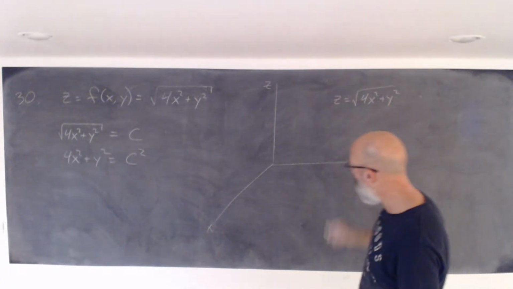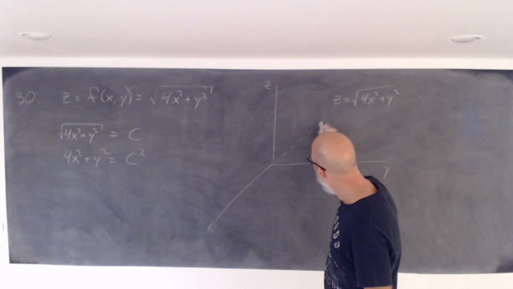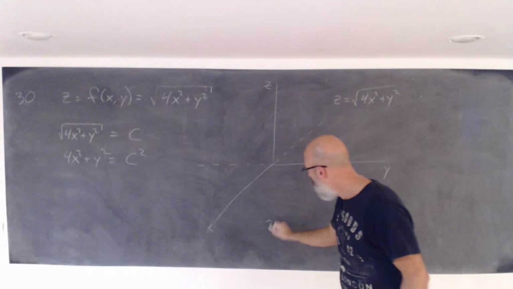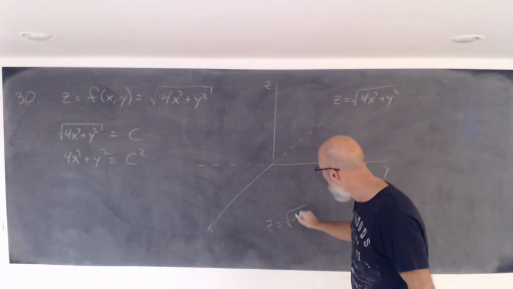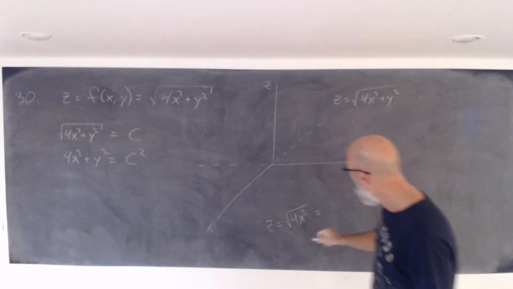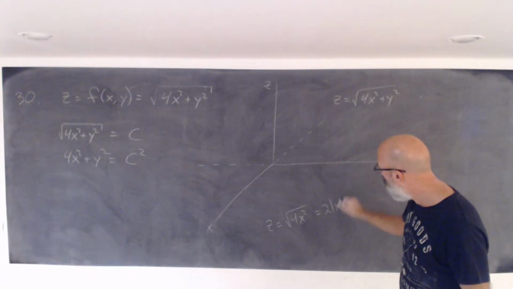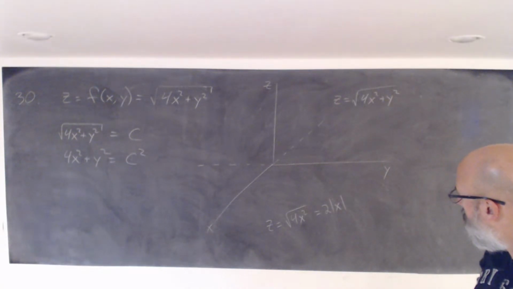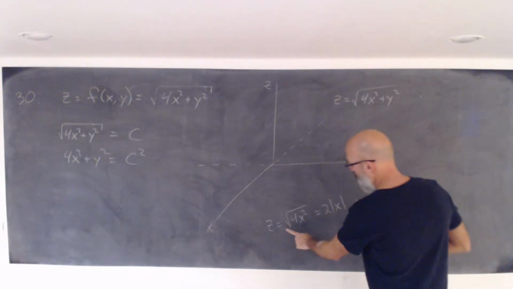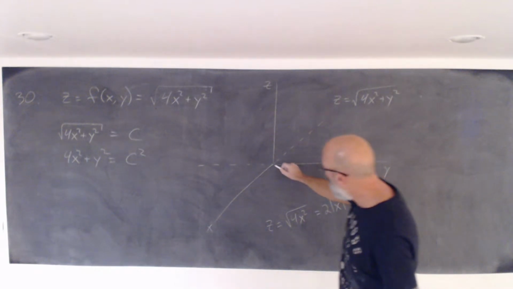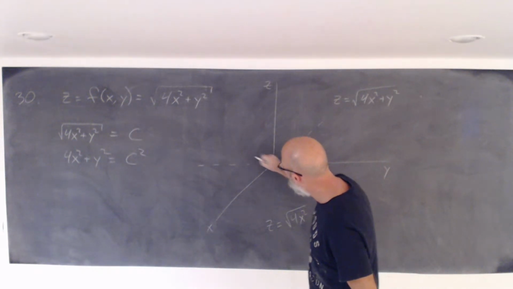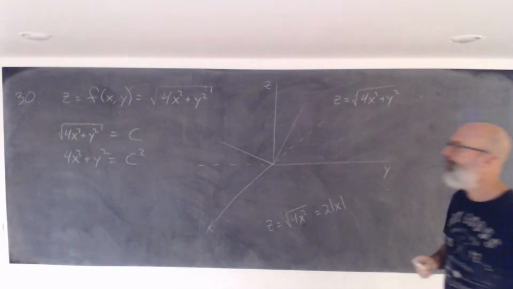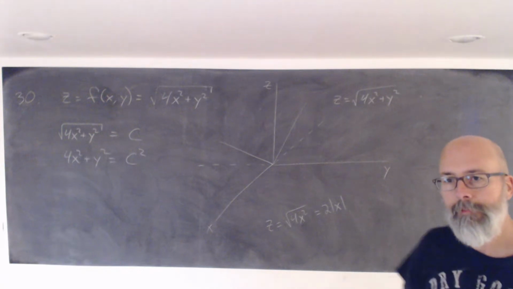If y is 0, z is the square root of 4x squared, which you know to be 2 absolute value of x, right? Because this is always positive. So 2 absolute value of x, you know what that looks like. Looks like this